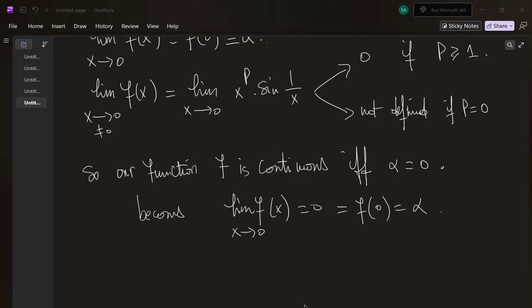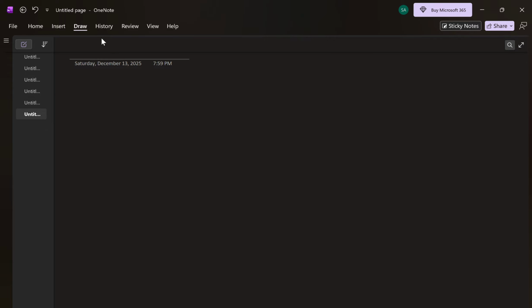So here we have the function f of x equal to the following function: